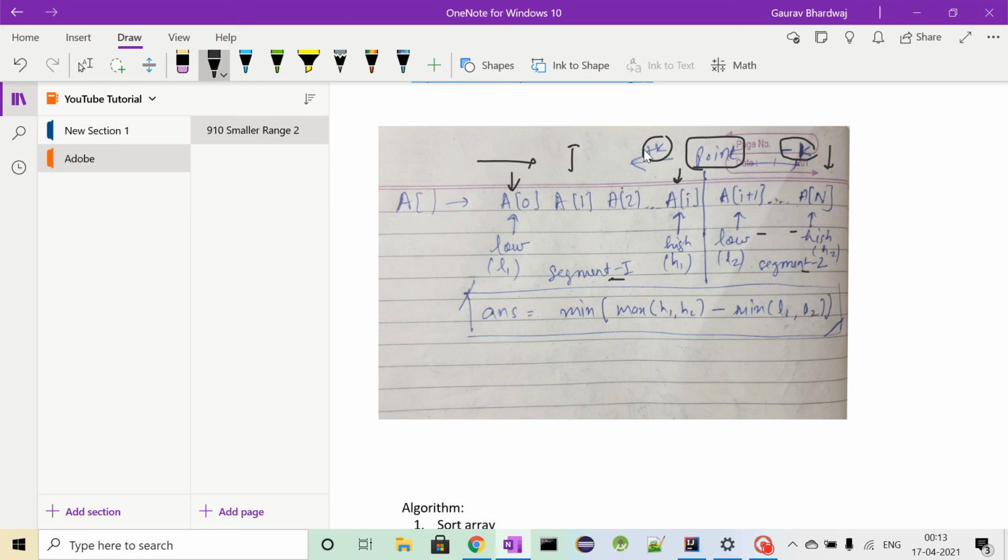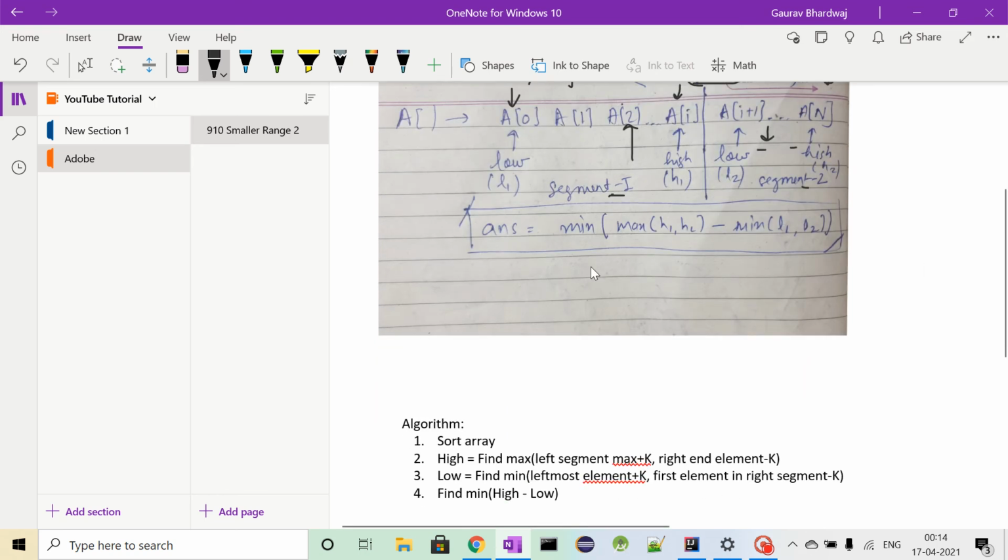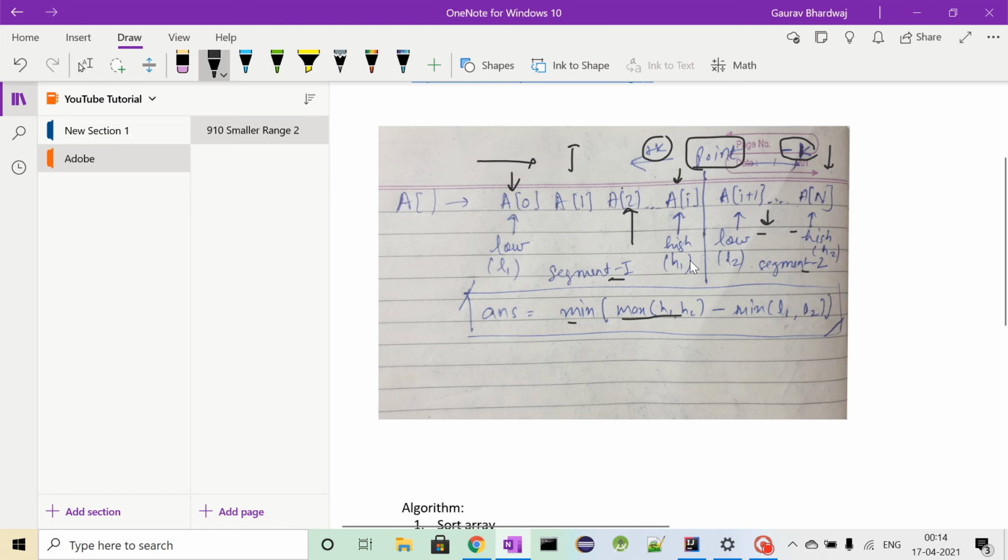Why we are adding k on the left segment is because the left segment values are lesser, so we are going to up these values, and the right segment has greater values, so we are going to down these values so that our difference is minimum. So I hope it's clear. So the answer will be the minimum of the maximum of h1 and h2